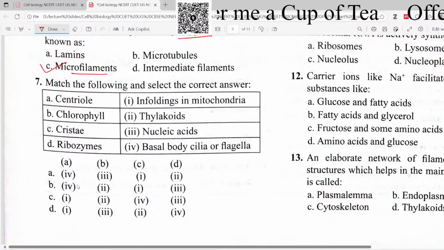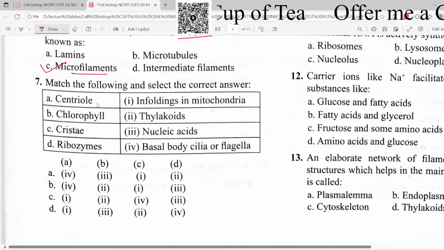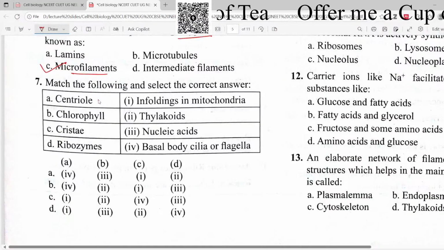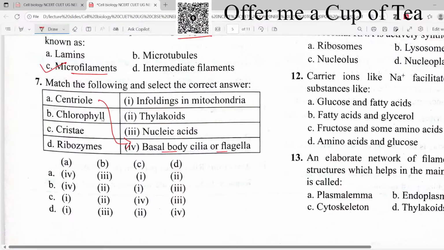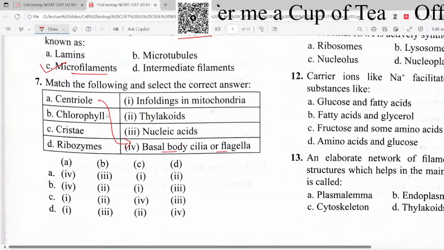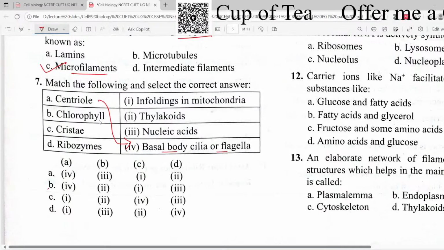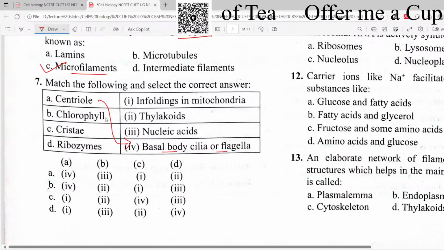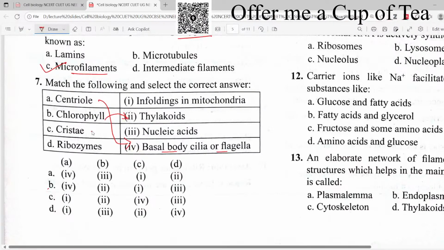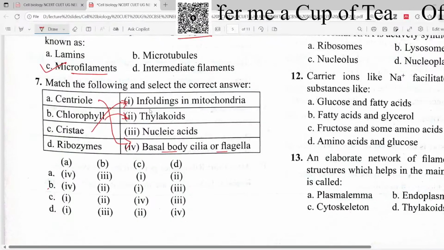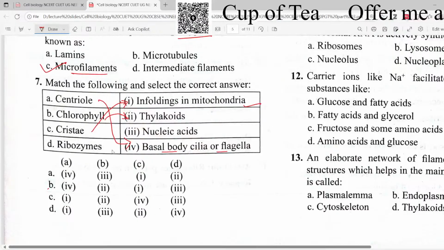Centriole is matched with the basal body of cilia, and chlorophyll is matched with thylakoid. Cristae is matched with infolding in the mitochondria, and ribosome is